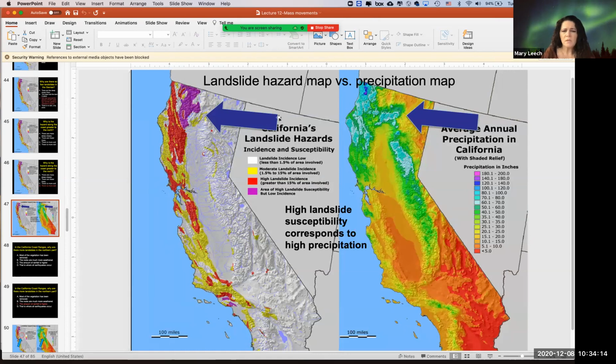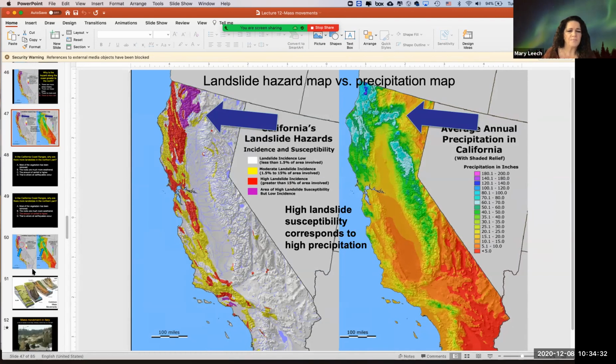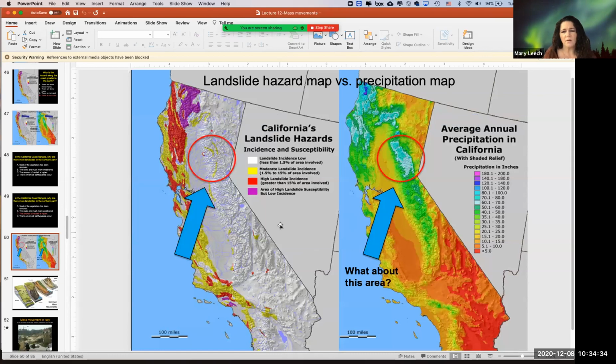So comparing the landslide susceptibility map to the precipitation map for California, and noticing that the highest landslide susceptible areas have the highest amount of rain in general, except for this area. That's a little weird. So there's a lot of rain here, but not very many landslides. And just to review, you guys suggested that it was because the glaciers had scraped away a lot of the soil and removed